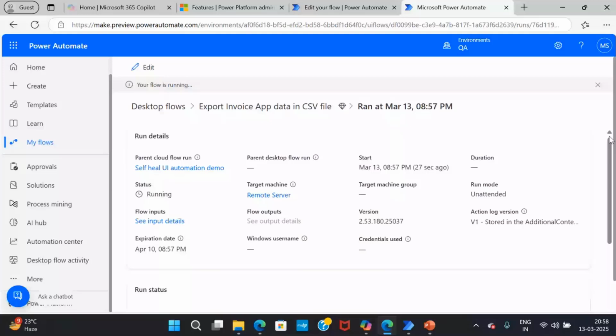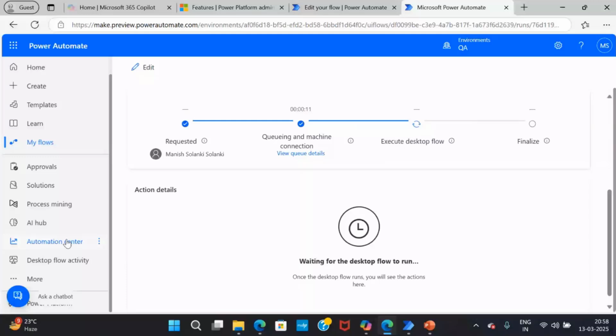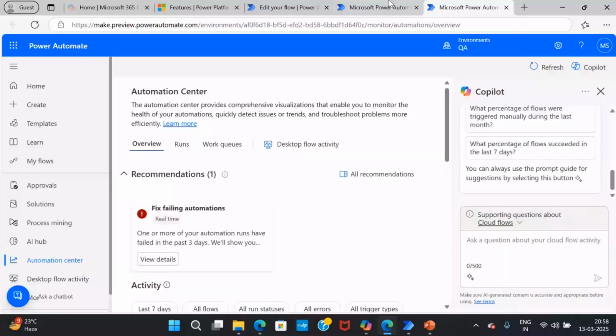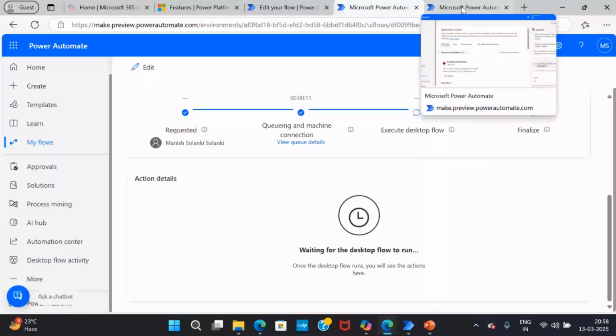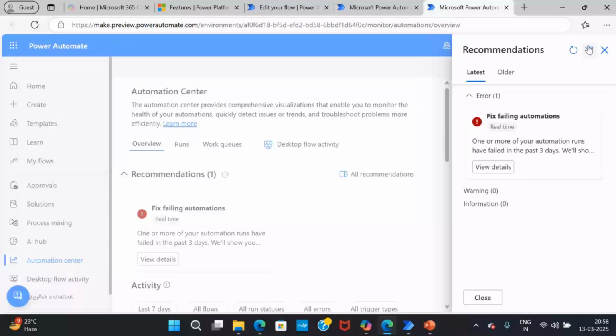For the recommendation, we have to go to the automation center tab, because all those recommendations are a feature of managed environment, and we can get all these recommendations here. It is taking time; the bot takes some time to run on the machine. So we'll wait for a couple of seconds. This is not the latest one. Let me refresh it. Yes. So we have in this error